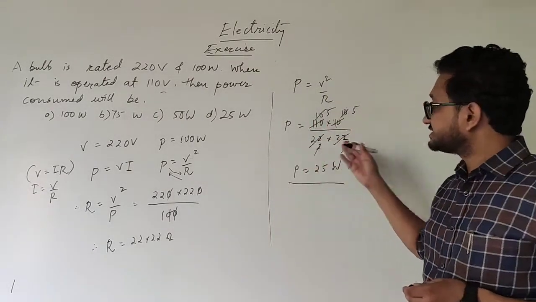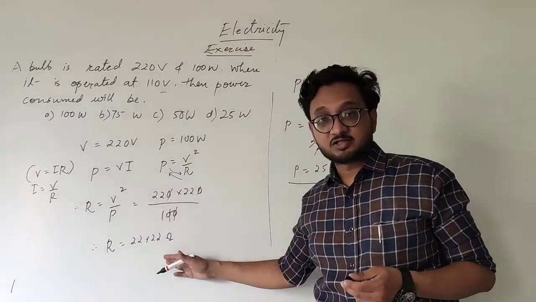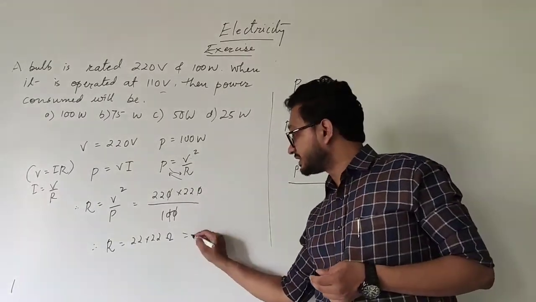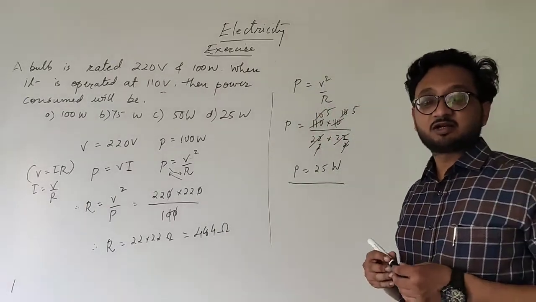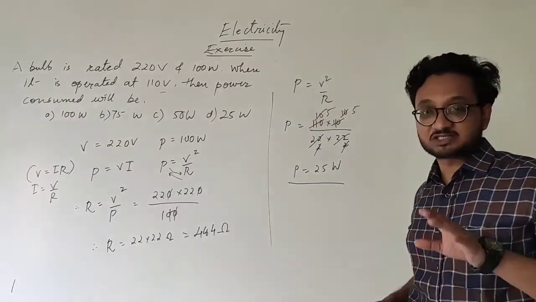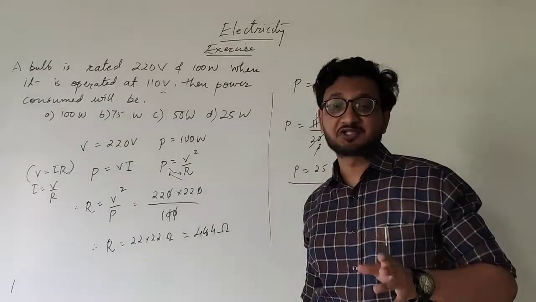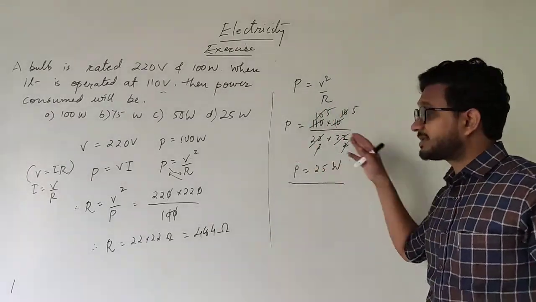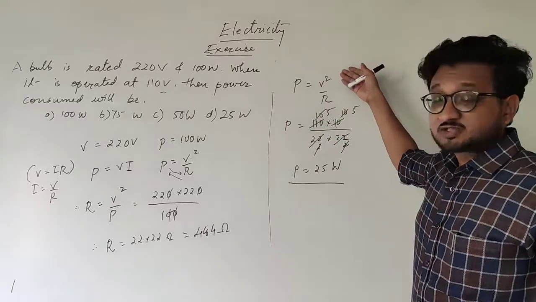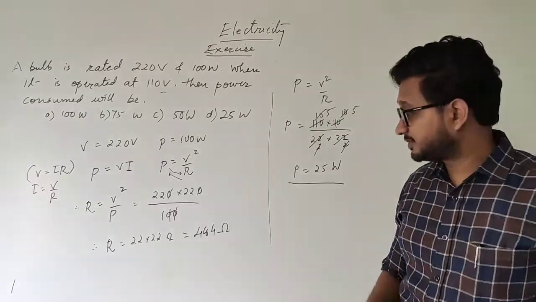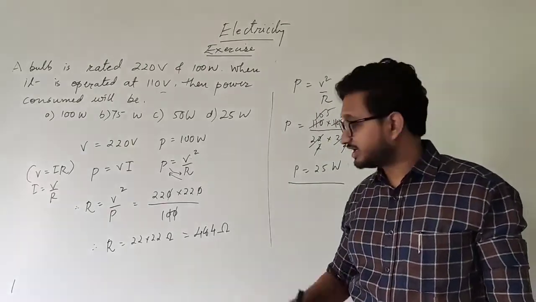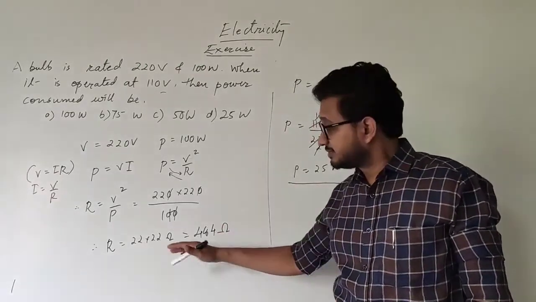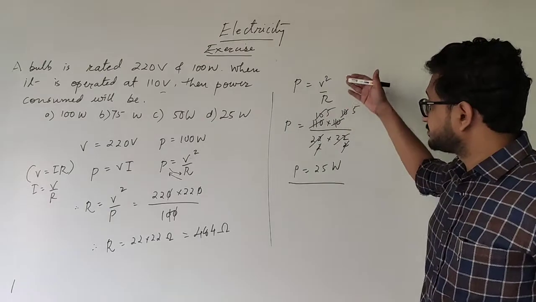And as you can see, if I would have multiplied this 22 into 22, you will get the answer 484 ohms. However, it will take your time, which is not advisable from the exam point of view. So you can keep them as it is, V square by R. However, if you are not comfortable, please go through this process. This is just to make your life simple. But if you are not comfortable with this, please do multiply and then you can proceed further.